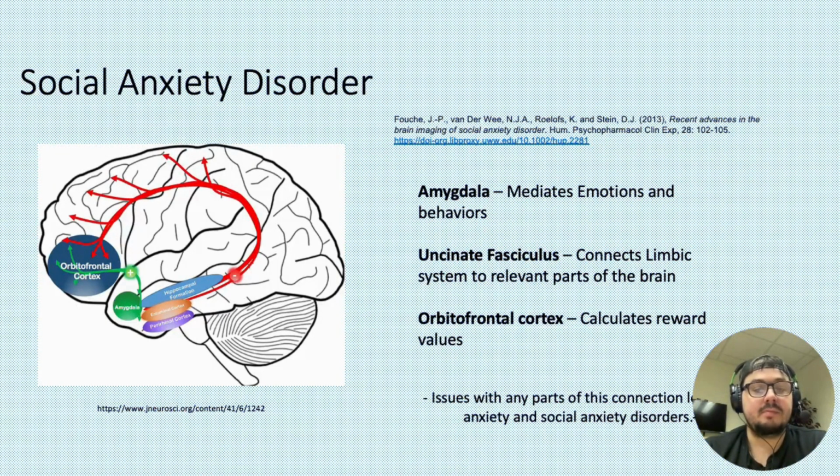So we see that the amygdala is important when it comes to facilitating thought through emotions. It can control the valence of an emotion, the importance of an emotion, and how it's relevant to our thought processes and our actions. And as you can see here, if there are any issues with any part of this reward system, that can cause anxiety, social anxiety, or the opposite, where you can't really feel a whole lot towards a particular stimulus at all.